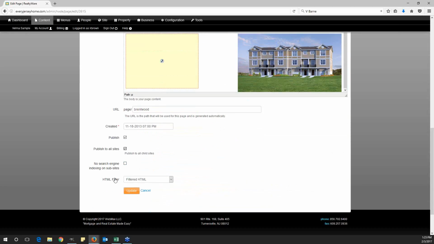If you do publish them to all sites, we'll offer you the ability to add a no robots follow meta tag, which tells search engines like Google and Yahoo to ignore those pages on your lower level sites. They should not have any relevance for search engine optimization purposes for this content. Now that's up to you. Usually when you're dealing with enterprise level website solutions, if you want your top level website to be found in Google, but not your lower level websites, this is perfect. If you want all of your websites to rank for the same exact content, then you don't need to check it. I'm going to go ahead